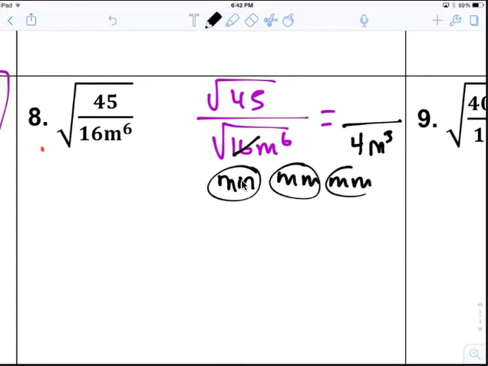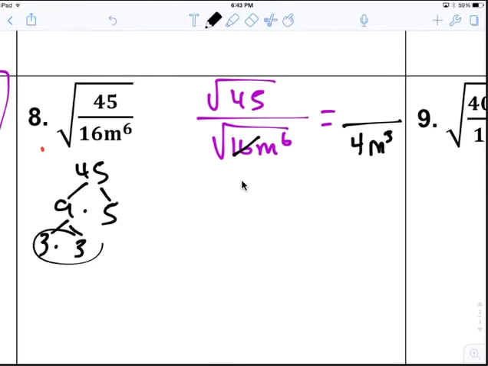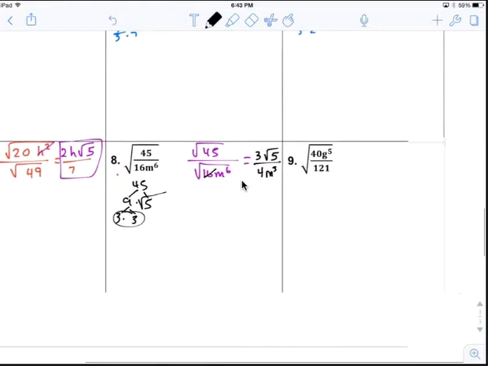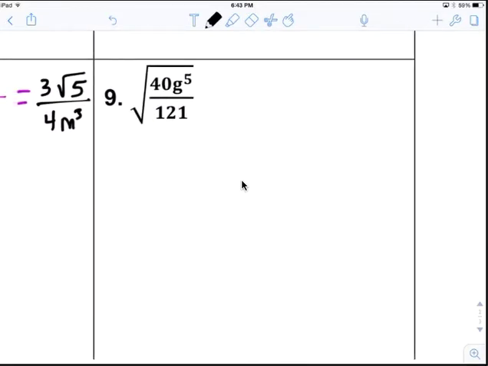1, 2, 3, m to the 3rd, okay? And then 45, the square root of 49 times 5, and then 3, so 3 square root of 5. 3 to the first, square root of 5. That's your answer. Number 9, same thing, again, you can't reduce, so you go square root of 40, g to